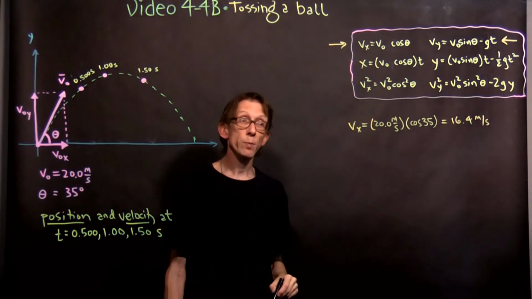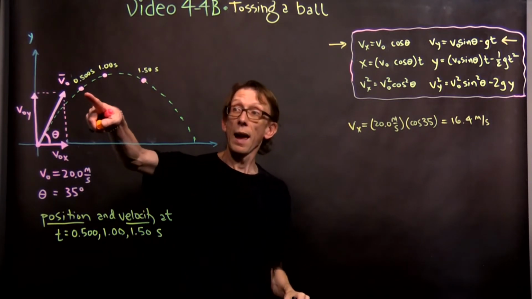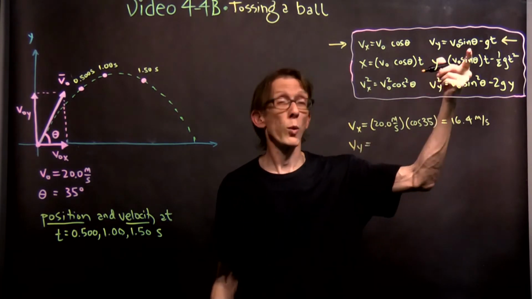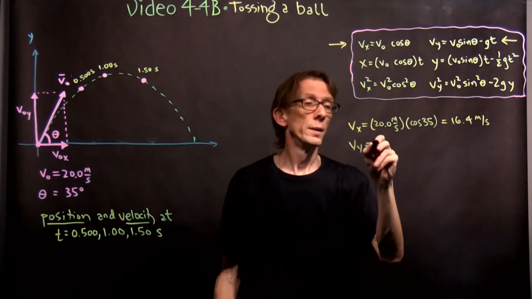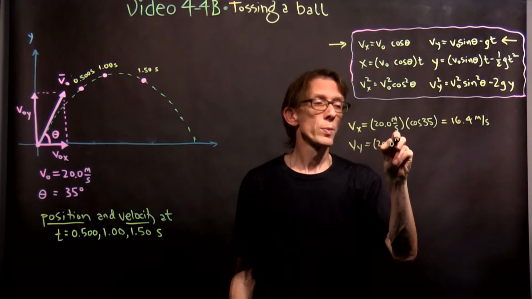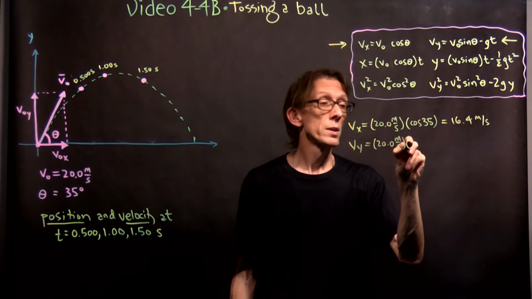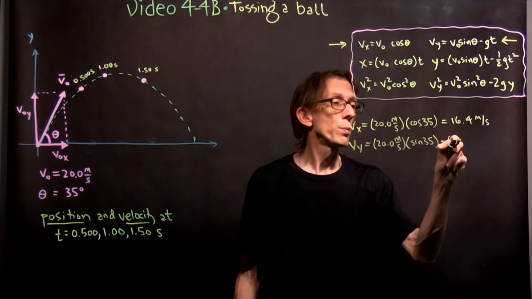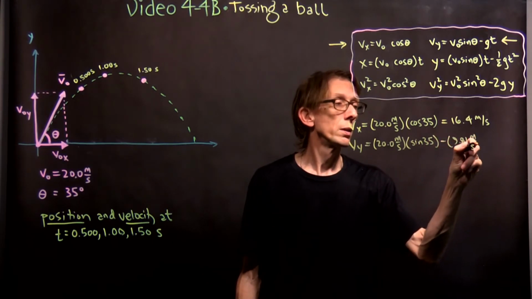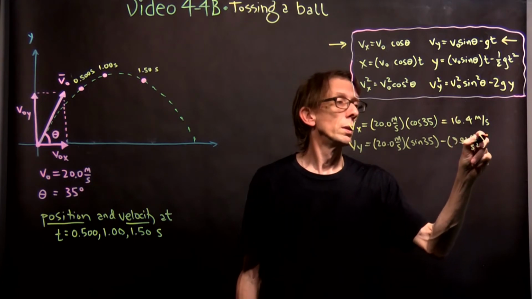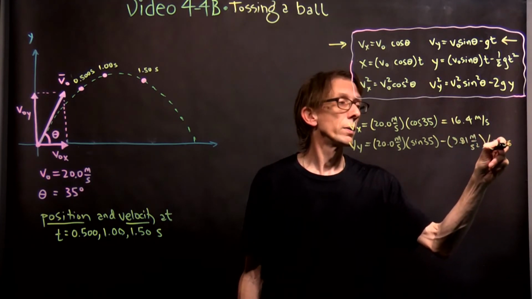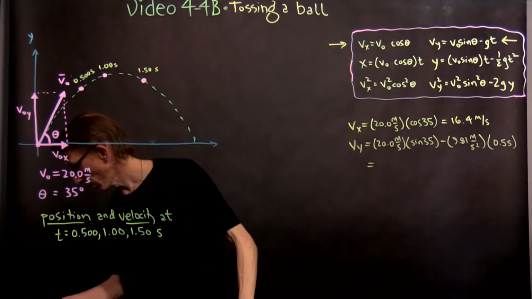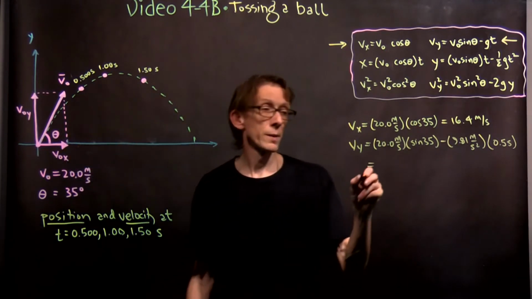That's how fast the ball was moving in the x direction at 1/2 of a second. For Vy, we're going to again apply equation number 1, 20.0 meters per second times sine of 35, because we're in y now, minus 9.81 meters per second squared times 0.5 seconds. And for Vy, you get a slightly smaller number. In fact, it's clearly smaller. You get 6.57